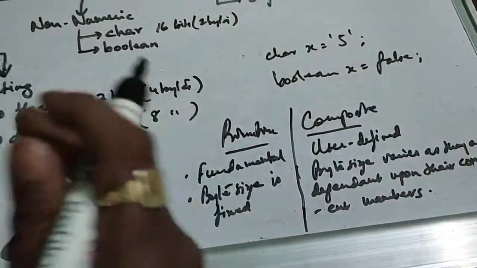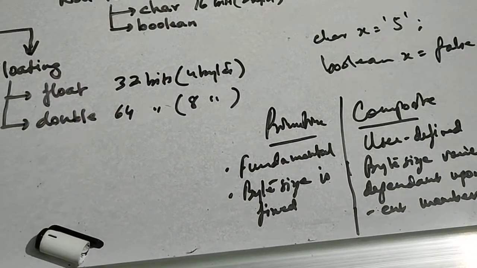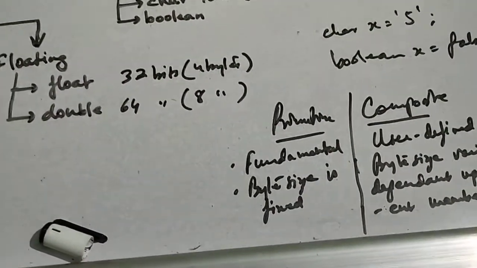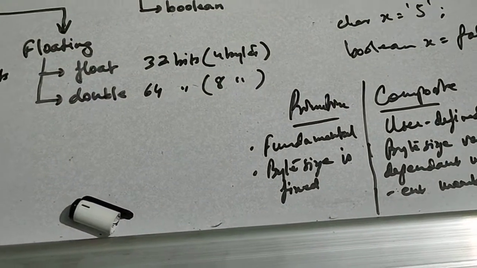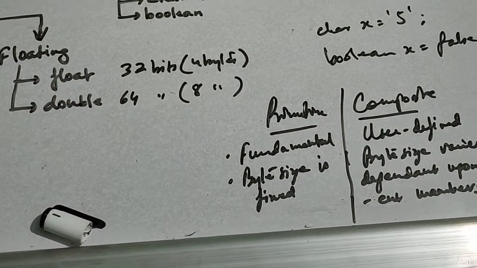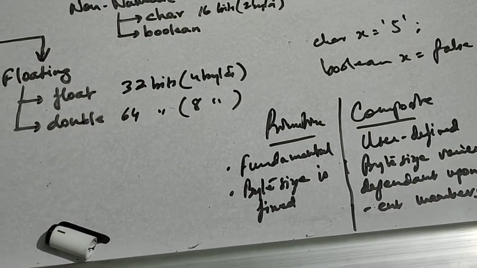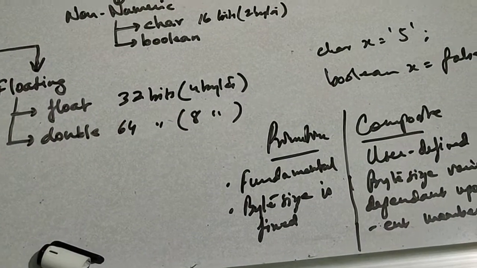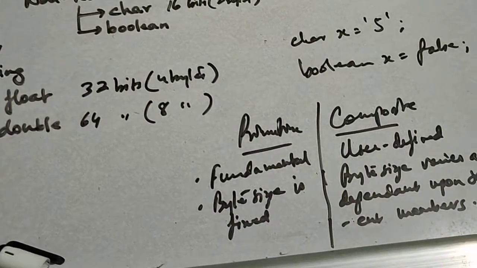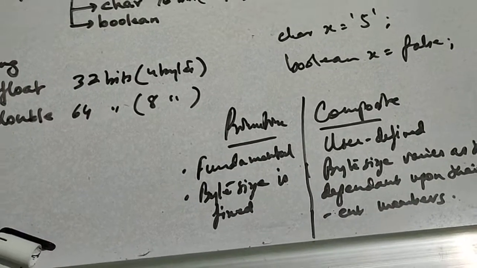It means if one has 3 data types, naturally its size will be more than the other one which has only 2 data types, depending upon the size. So one may have int and double, the other may have int, char and double. In that case, the one having int, char and double will always have a larger total byte size compared to the previous one.